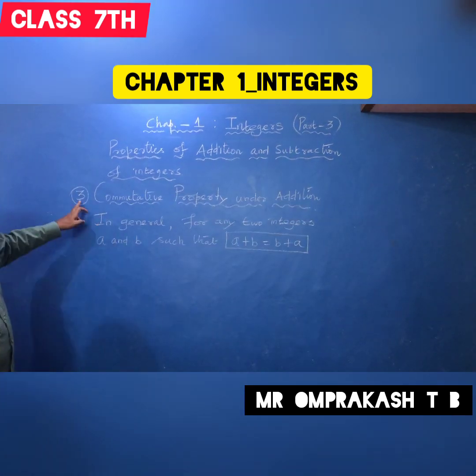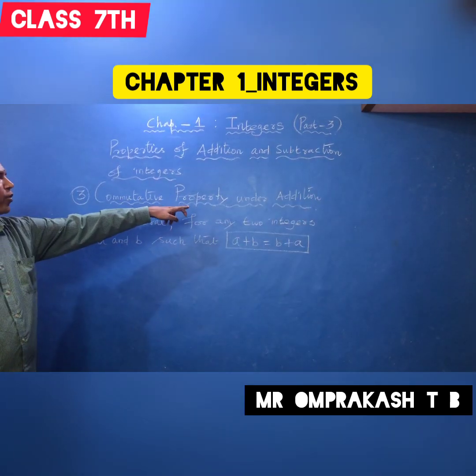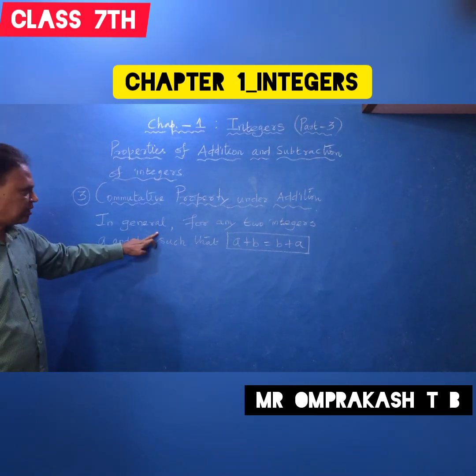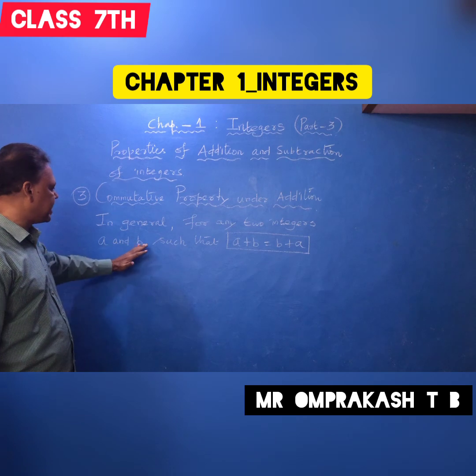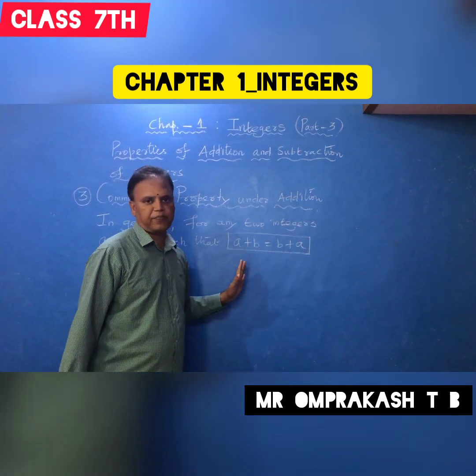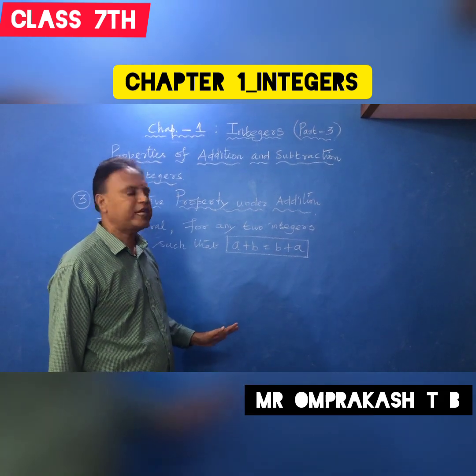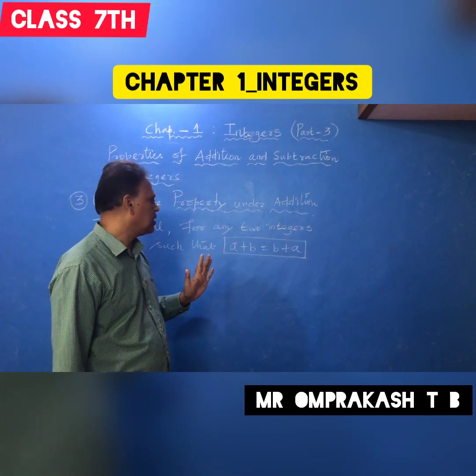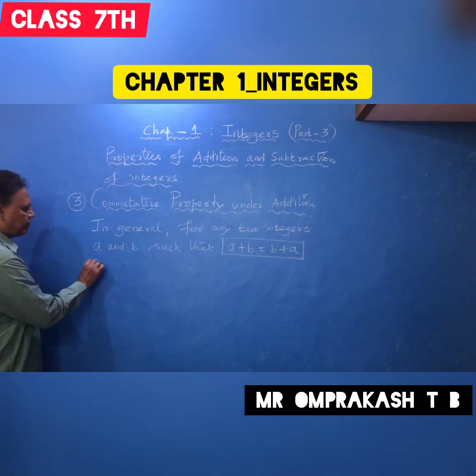Next we will see the third one, commutative property of addition. In general, for any two integers a and b you take, a plus b equals b plus a. So commutative property means always remember a plus b equals b plus a. Okay. For example, you see